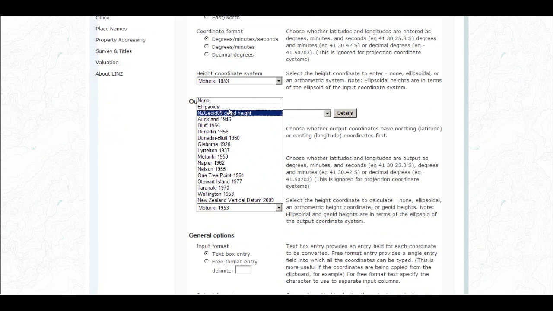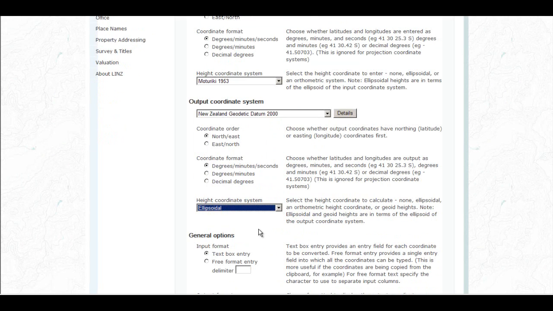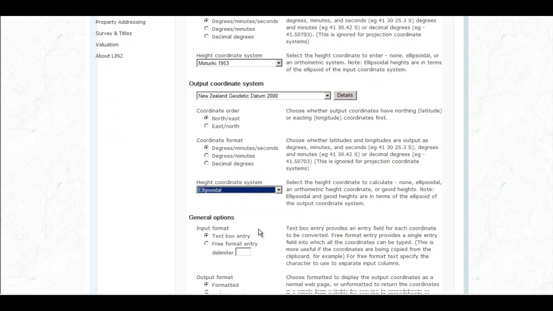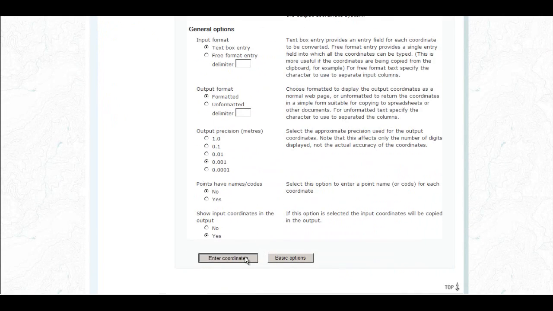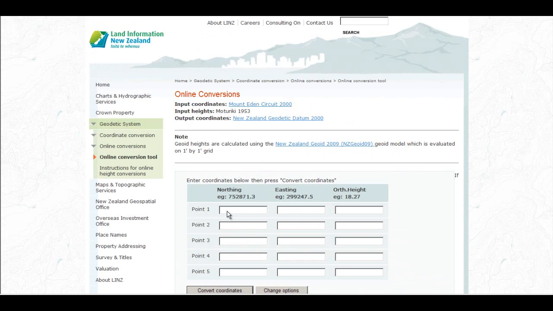and let's go with the ellipsoidal, so like so. Alright, so that's all good to go, and then enter the coordinates here. Now a little bit of a tricky thing here: you actually have to put a space before the coordinates, so space 713081.410, tab across, space 436675.098, and then our